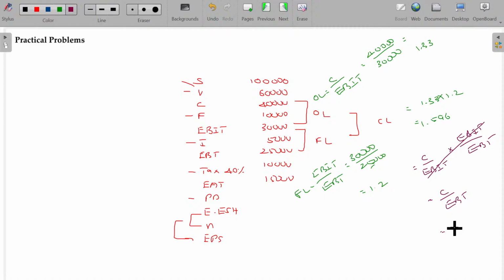So here the contribution is 40,000 and EBT is 25,000. Then the ultimate value is 1.596. The same we will get. This is also about 1.6. Clear? 1.333 into 1.2. The main intention of this study is, if the number is higher,